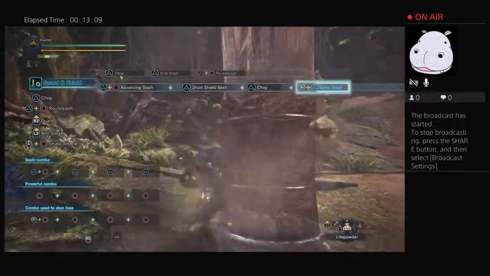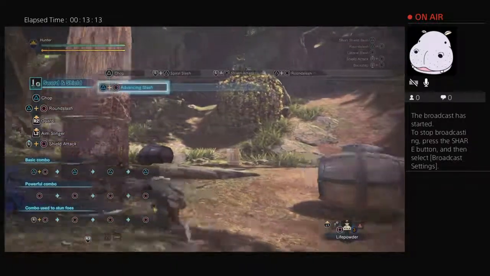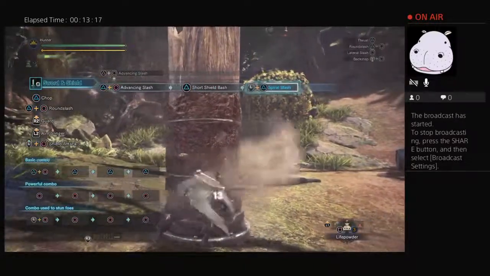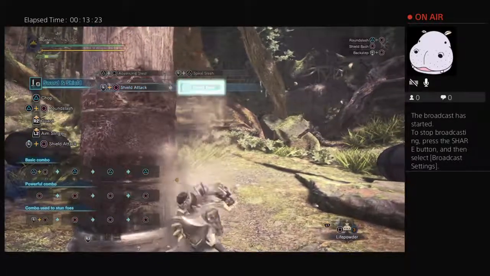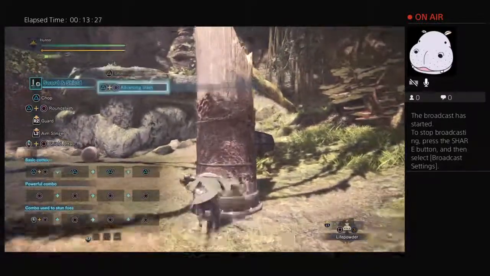But the main appeal is how nimble you are with it. You can dodge out of every attack, every single one. So if you feel like you need to position yourself, you can always dodge. You got plenty of time to do it. The only thing is you don't really hit hard. But if you're mounting like that,